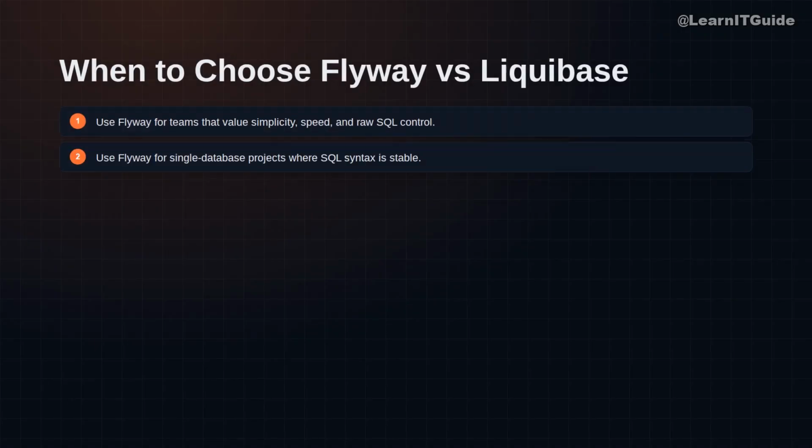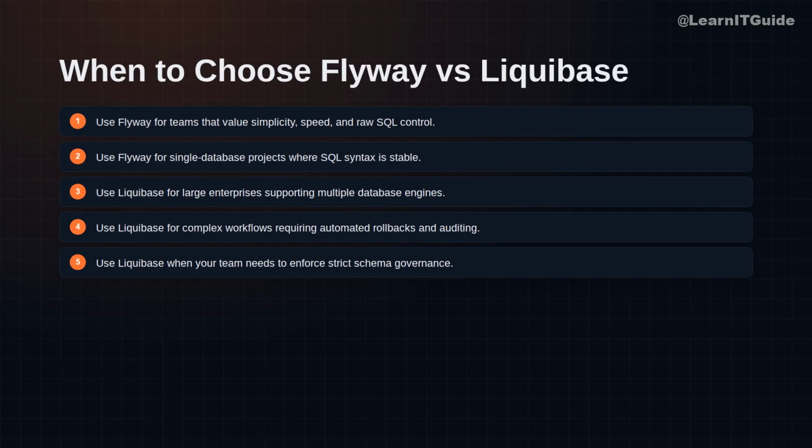So when should you pick which? Use Flyway if your team values speed, simplicity, and total control. If you have a single database target like Postgres and you want to keep your code clean, Flyway is almost always the right choice. Use Liquibase, however, when you are an enterprise platform team managing multiple database types, or when the cost of a bad migration is so high that you need automated rollback capabilities to sleep at night. Make sure to review each point shown